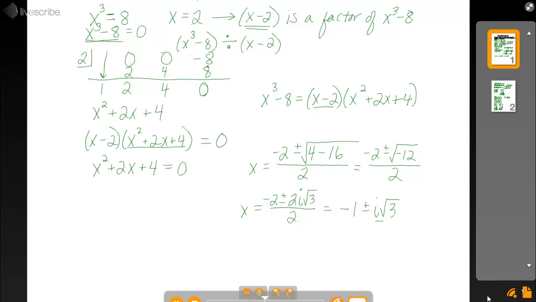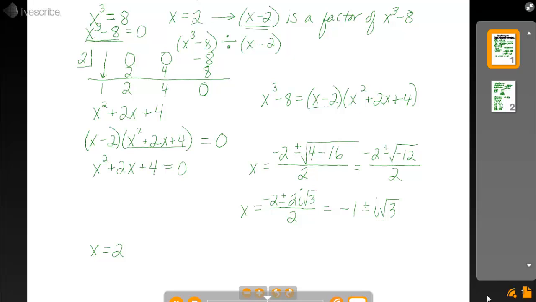And these are our other two missing solutions. It's kind of strange. You wouldn't think that negative 1 plus i root 3 cubed equals 8. But it does. You can try it. Same thing with negative 1 minus i root 3 cubed. That still equals 8. So our three solutions were x equals 2,